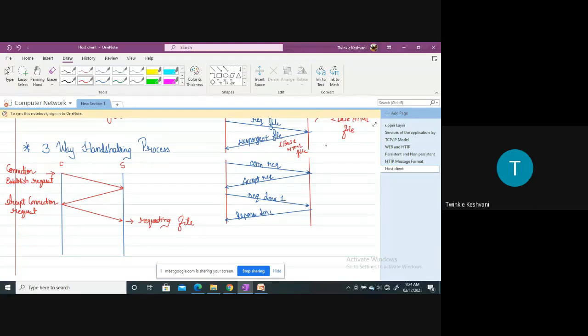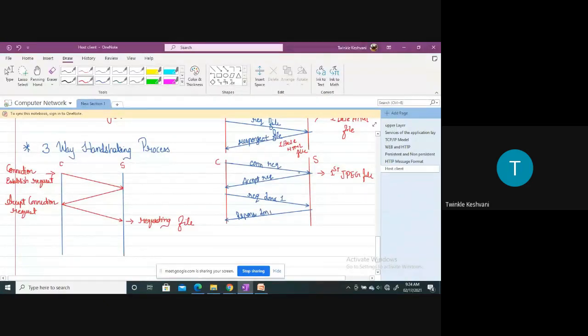Now for the first JPEG file, again we need to establish a separate TCP connection. So in this case here, again the client is requesting for the connection establishment.